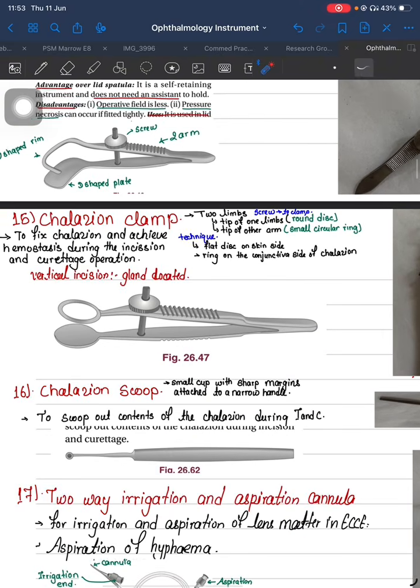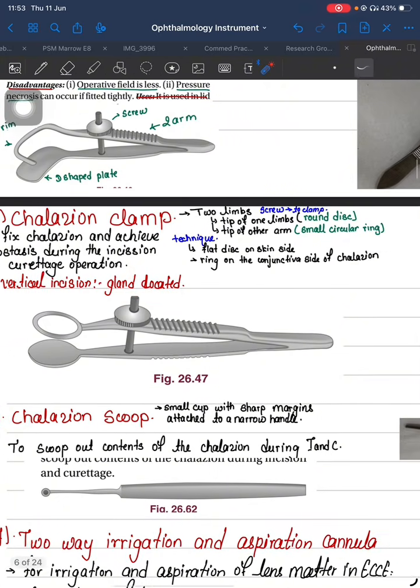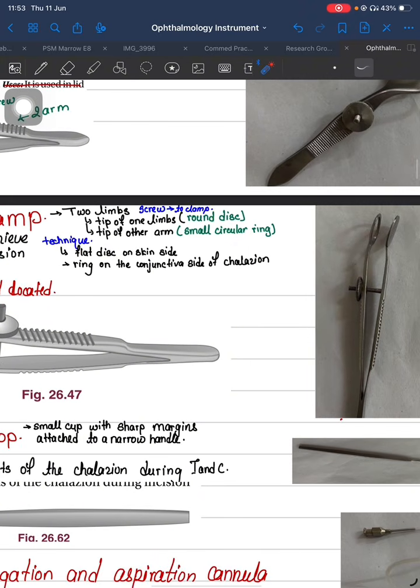As the name already implies, it is used to fix the chalazion and achieve hemostasis during incision and curettage. For chalazion, we do the incision and curettage operation, and here the vertical incision is given because the meibomian glands are located vertically. What are the parts of the chalazion clamp? It consists of two limbs. The two limbs are supported by each other by the screw, and on the top of one limb there is a circular rim, and in the next arm, at the tip, it